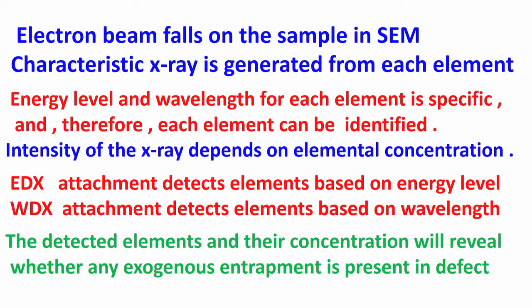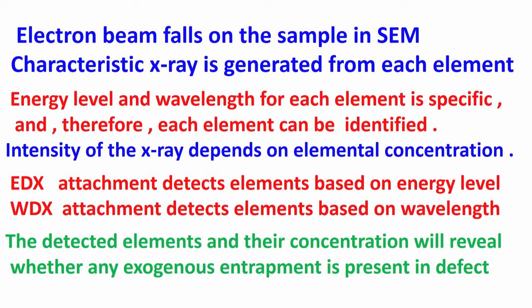Now, let me come to how you will detect such entrapments. How do you know the source of such entrapments? This is very important, I have been telling. So, now I will be talking about that. Suppose you have a defect area, some defect which you can see, or it may be very small, so you cannot see it with the normal eye, but you can see it when you put the sample with the defect under a microscope. Now, when you put the sample under an electron microscope, a scanning electron microscope, what happens?